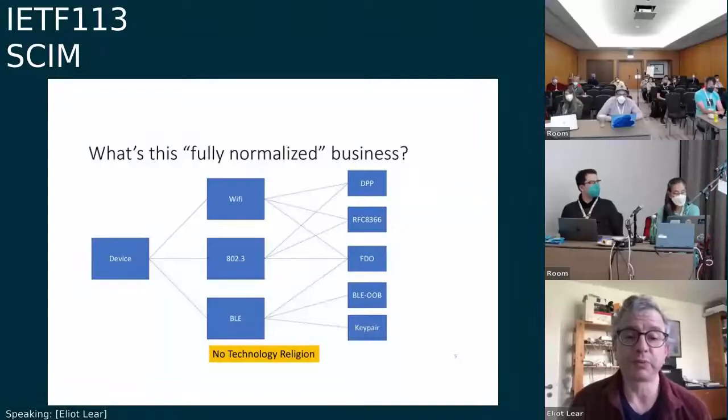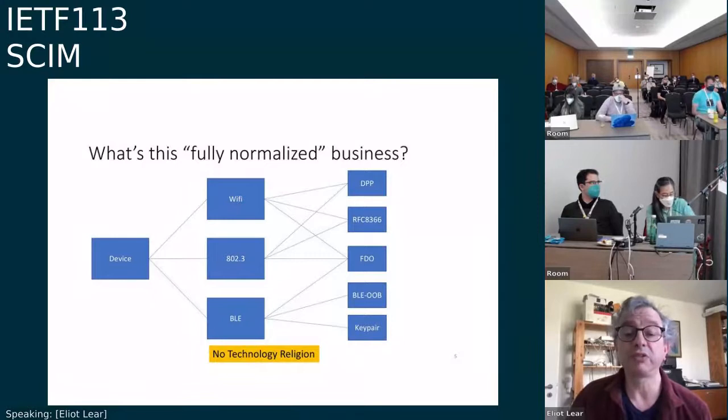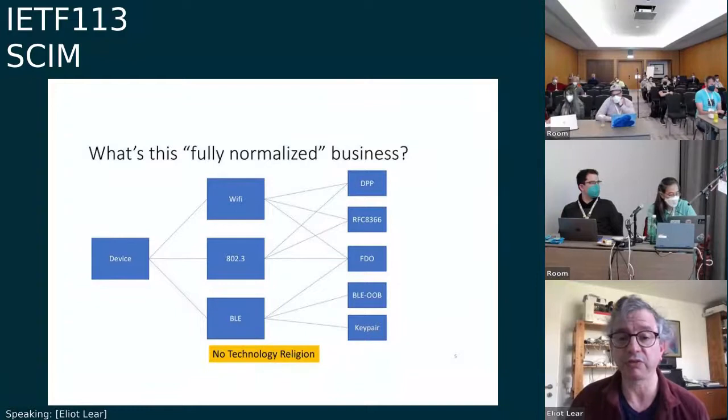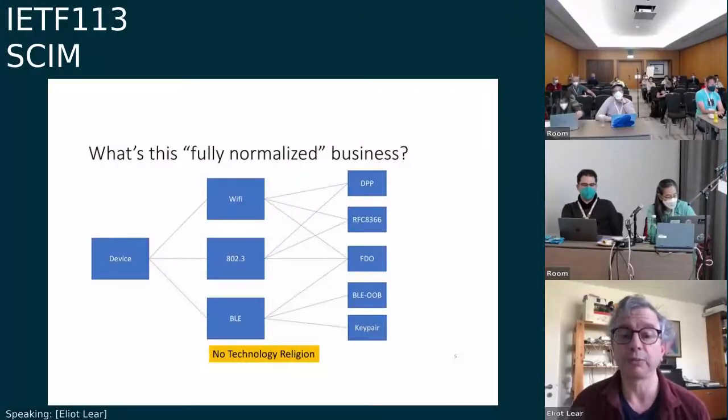So just to put this in a more graphic view, you have a device. It might have Wi-Fi capabilities. It might have 802.3 capabilities. And you can just see this mesh of different onboarding standards that might be used in these different cases. And so, yeah, here again, it's no technology religion. And this is a use case that we expect to have happen because there's not likely to be a consolidation anytime soon. And we just want to be able to support whatever it is the device happens to support. And the key thing here is if we go down that right side, what does it mean